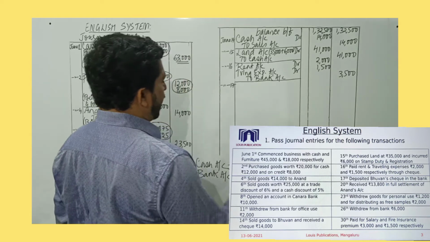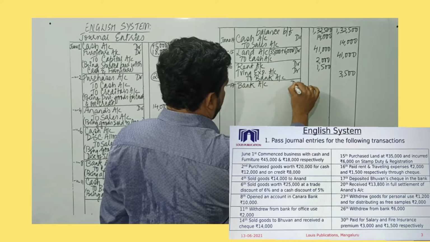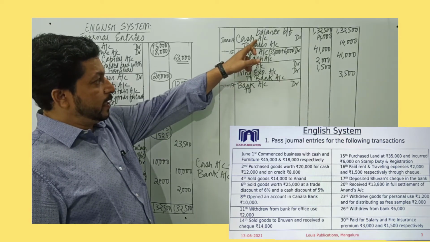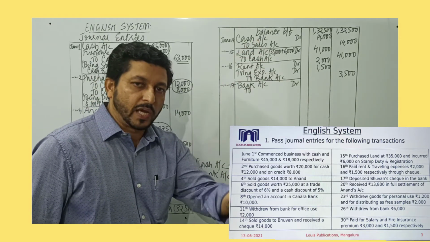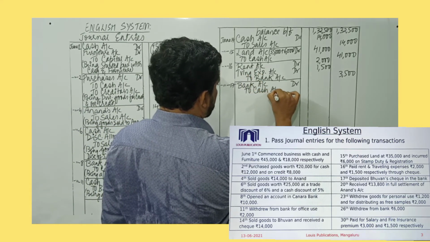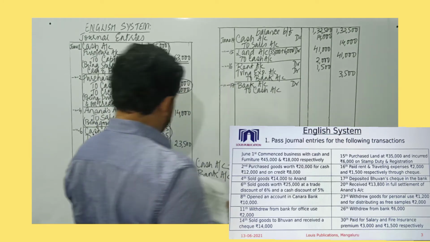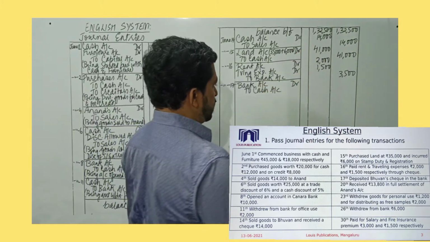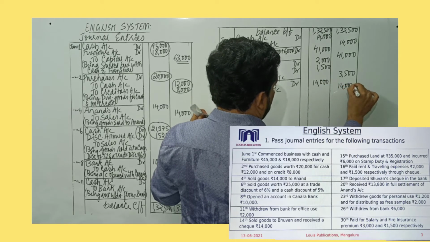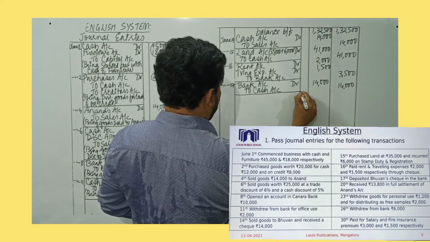We can say bank account debited. Bank is the receiver. When you are depositing, bank is the receiver of benefit. When we received a check, we treated it as cash account. And when we are depositing, we'll assume cash is deposited. So when cash is deposited in the bank, cash is going out, real account. Credit what goes out. So bank account debited to cash account would be the entry. And the amount is same. Bhuvan's check value was 14,000 rupees. You can write the narration being deposited Bhuvan's check in the bank.